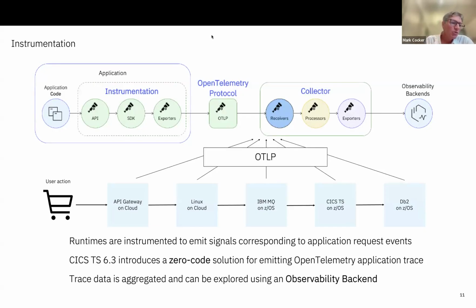I mentioned other environments like Java have things like an SDK, so you can take an application that has no knowledge of OpenTelemetry, and inject the SDK into that environment, and you can instrument when certain method calls are made in the application, and extract data from that to understand how that workload is running. Similarly, CICS in the 6.3 product has this zero code solution. So you don't need to change one line of code within your applications.